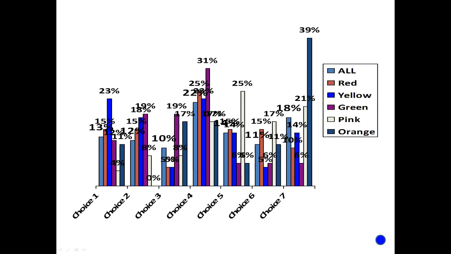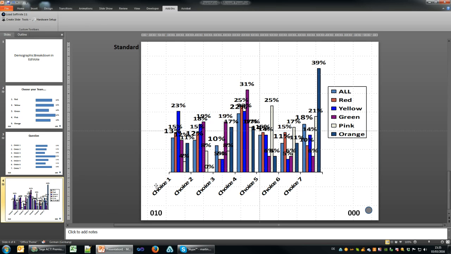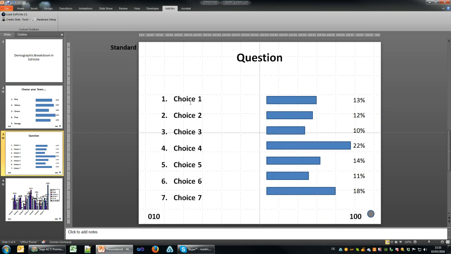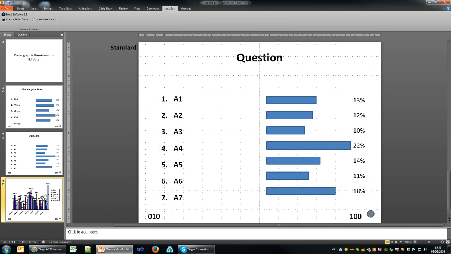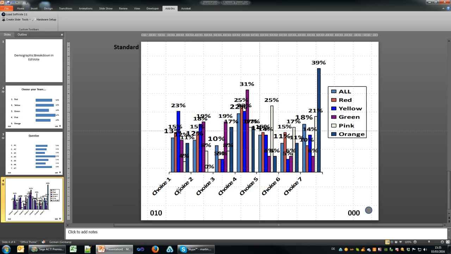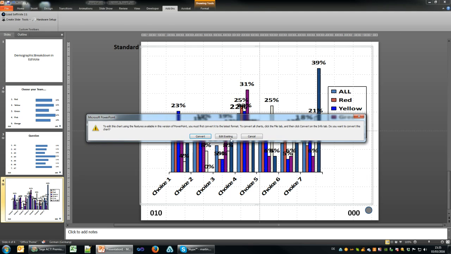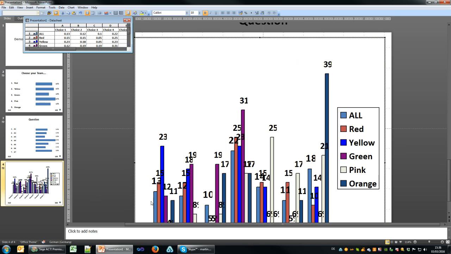And now I need to format this to look good. Whatever is written here on choice 1 to 7, if I call this A1, A2, A3, just make it short names, that's the stuff that's written underneath here. But now I need to format this. So I'm going to edit existing,